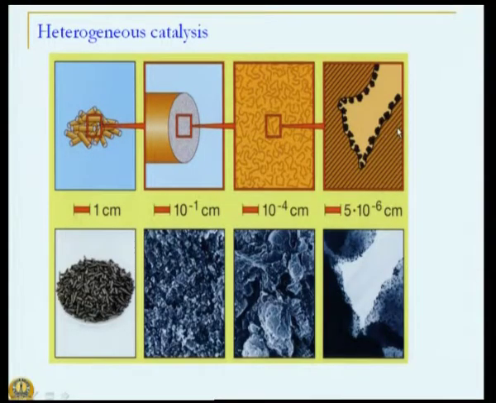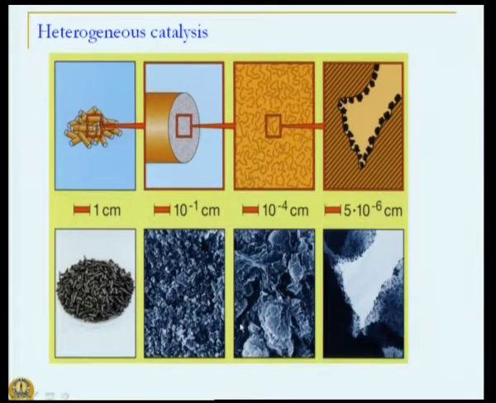Friends, let us continue our discussion on diffusion and reaction in a solid catalytic particle, and to recap, let us look at what this catalyst particle looks like. If you look at this schematic as well as the ACM photographs over here, you will see that this catalyst pellet is made up of pores, but these pores are obviously not straight line pores. There is a tortuous path that reactants have to follow.